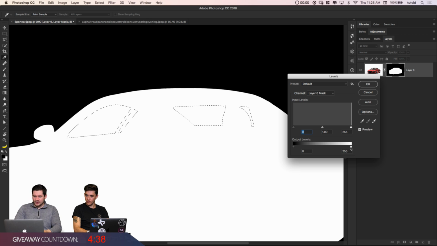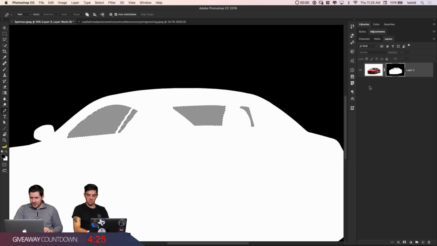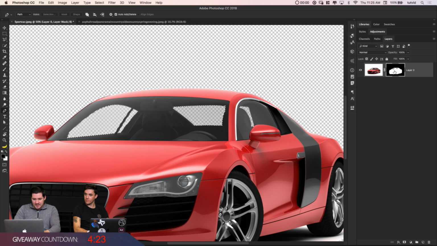So we're gonna try to pull this white point back. Maybe we'll go around 50% gray, so somewhere around 128, because we've got 256 levels here, and 128 times 2 is 256, right? I'm gonna go ahead and hit OK. I'm gonna Alt or Option click to get back out to my car, Command or Control D, and you